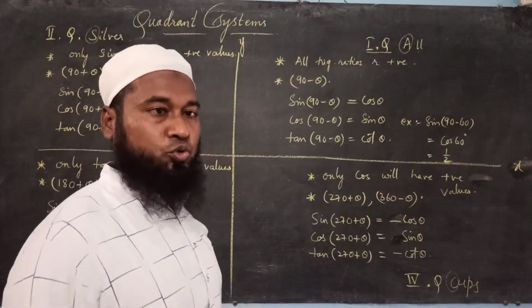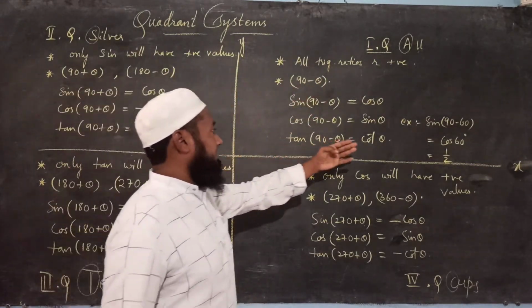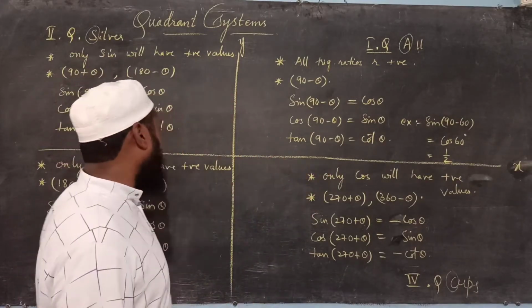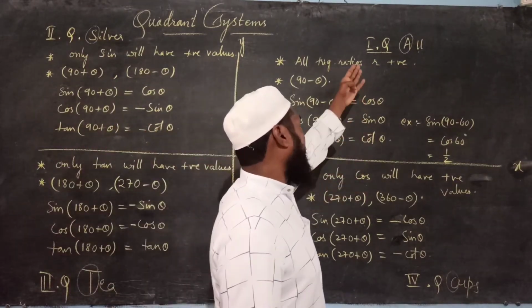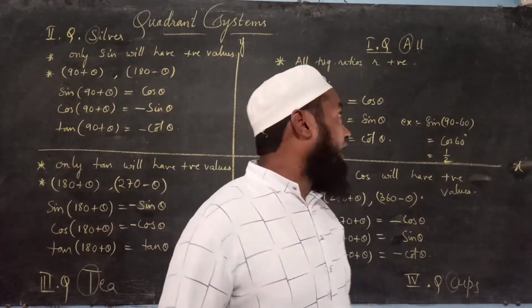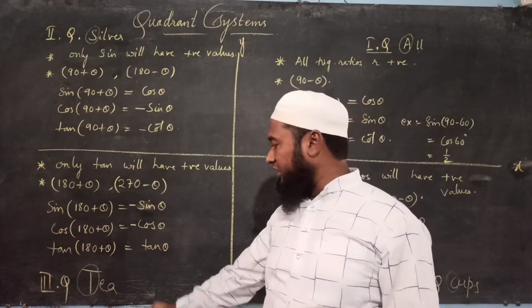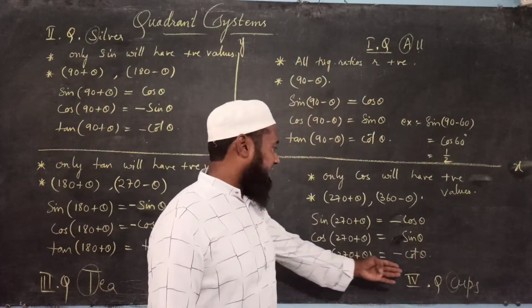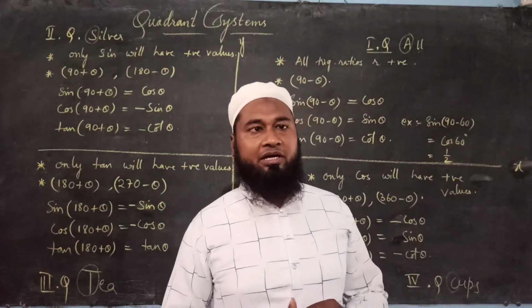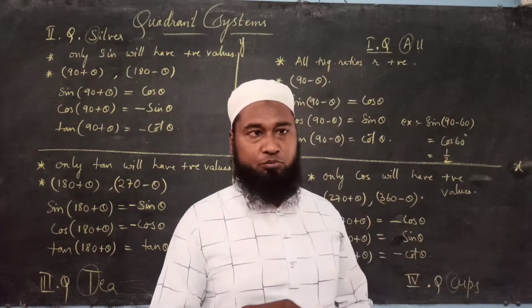Already you have studied this at school level. Once again let us revise very fast. So there are basically 4 quadrants between x and y. Okay, overall negative y axis, negative x axis if you consider. So first quadrant, second quadrant, third quadrant and fourth quadrant, their names we have given. The first quadrant name is All, second quadrant name is Silver, third quadrant name is Tea, fourth quadrant name is Cups. Based upon the first letter, there is one small trick that if you keep in your mind, which trigonometric ratios will be positive and which will be negative, you will come to know.